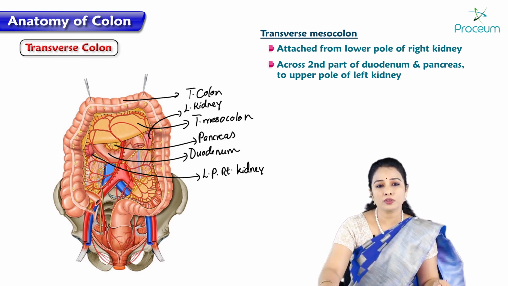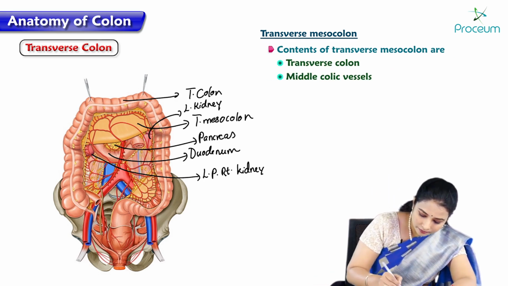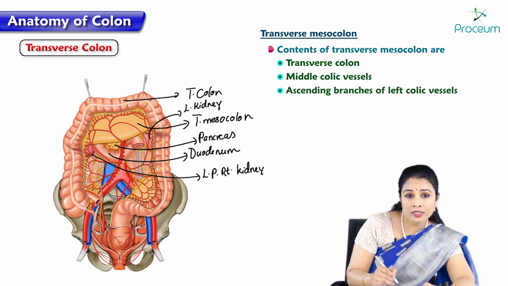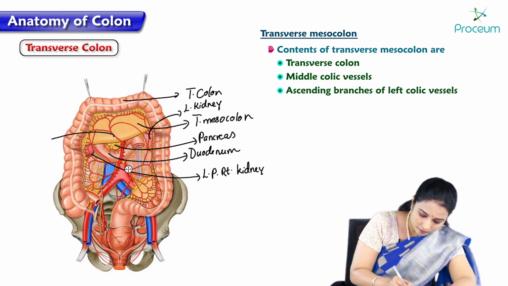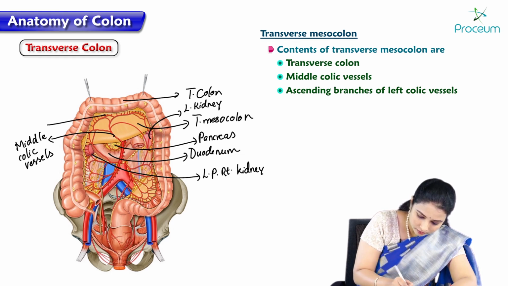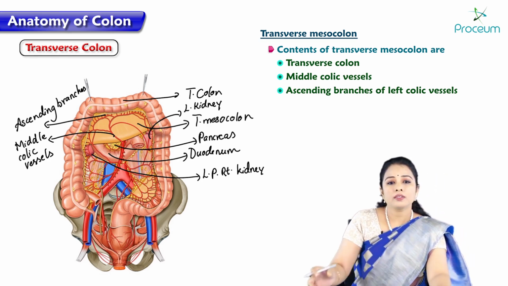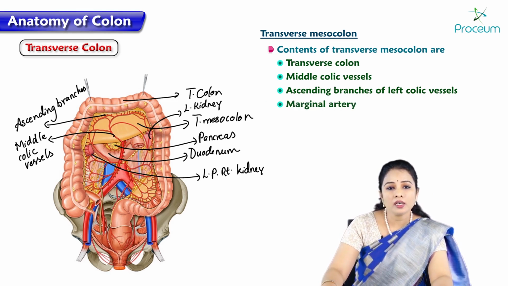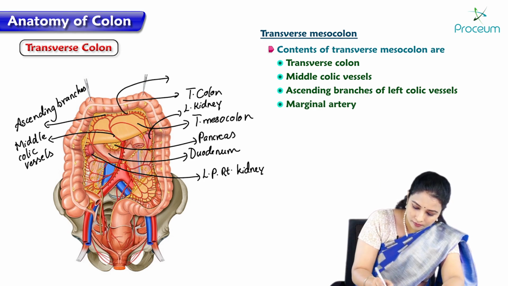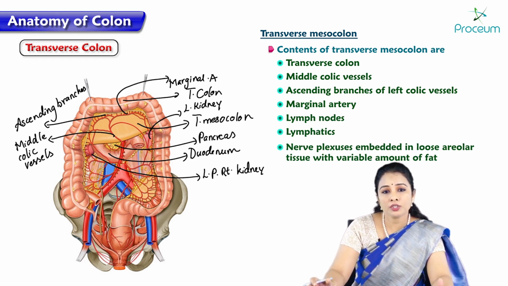So that is the extension of transverse mesocolon. The contents of transverse mesocolon are the transverse colon, middle colic vessels, ascending branches of left colic vessels, and also the marginal artery, and it also contains the lymph nodes, lymphatics, nerve plexus embedded in the loose areolar tissue with variable amount of